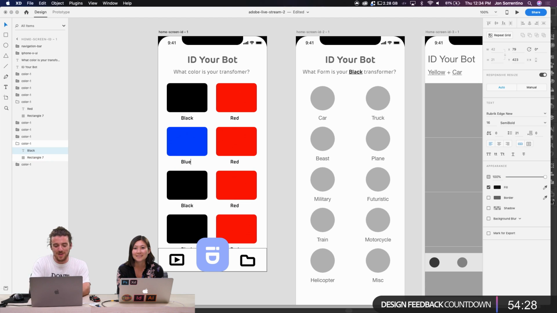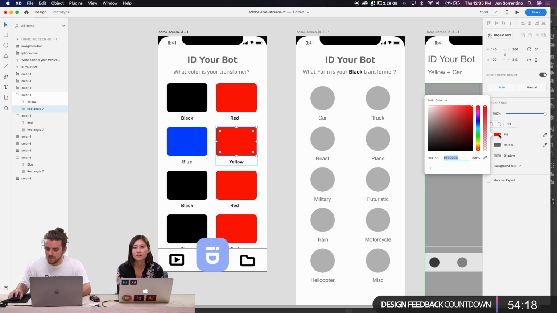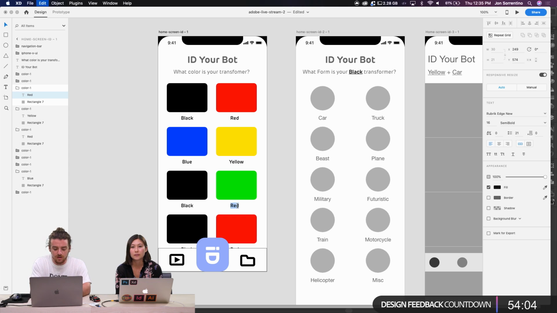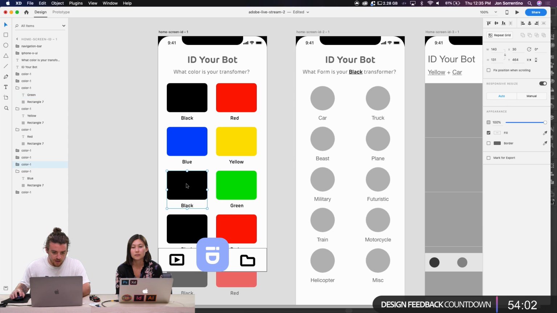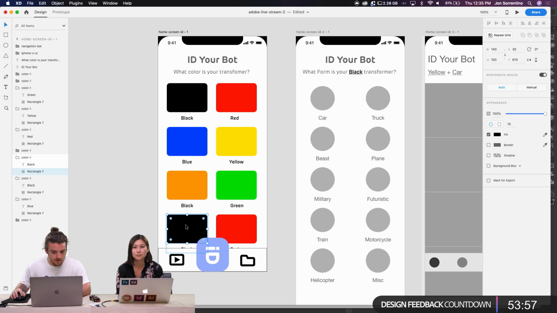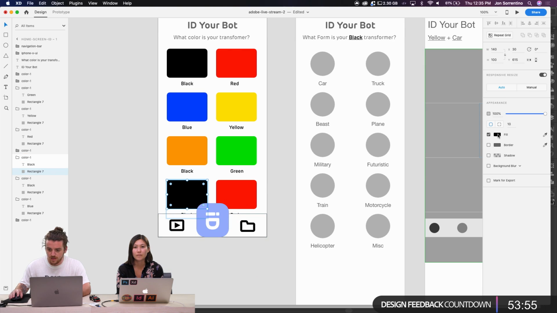It helps when you make mistakes, because you can quickly go back and fix them. I think this is a great example of moving as quickly as possible to get those colors back in here after realizing that when you have a black tile, the label just disappears. We need to make sure that doesn't happen. The way around that is to pull out the label, and I think that solves it. So we're going to go back in here and make a few more colors. Let's make this one sort of purple.